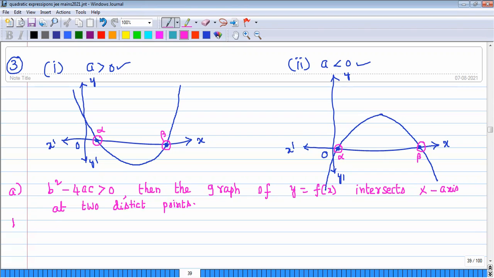The next, conversely, what do we say? Conversely, B square minus 4ac is greater than 0. If the graph of y is equal to f of x intersects the x-axis at two distinct points,